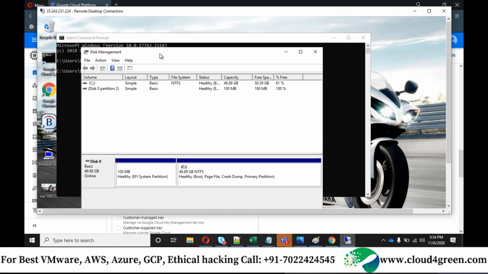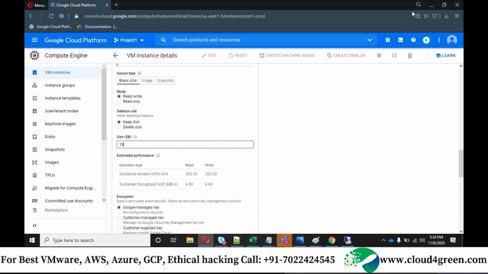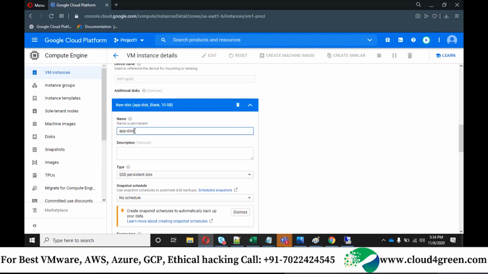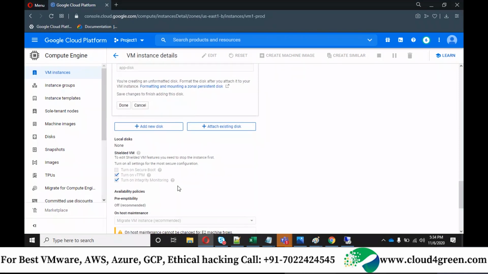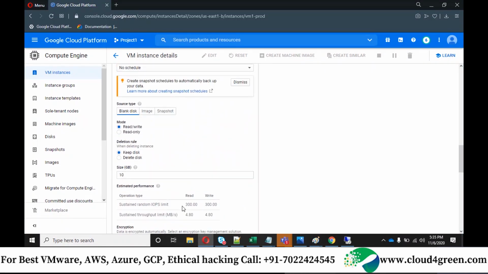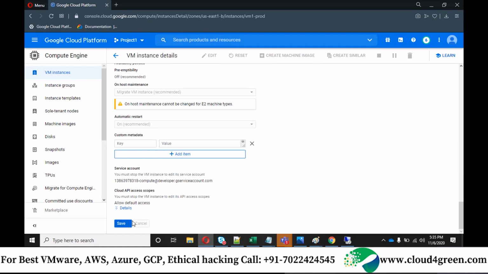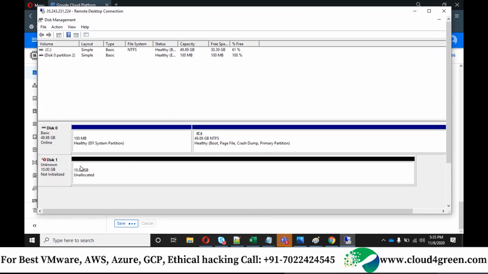Once you navigate, you can see you have currently only one disk, that is disk 0. This is your operating system disk, and the disk which I am adding now, what disk is it? App disk. Application disk. That is just to know the differences from my end. So let me verify that 10 GB is selected. Yes, it is, and click on save. You will see now within another 30 seconds, you will see one new disk here. Can you see this now, guys? Yes, sir.